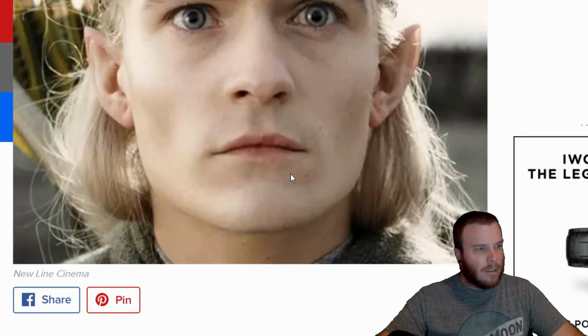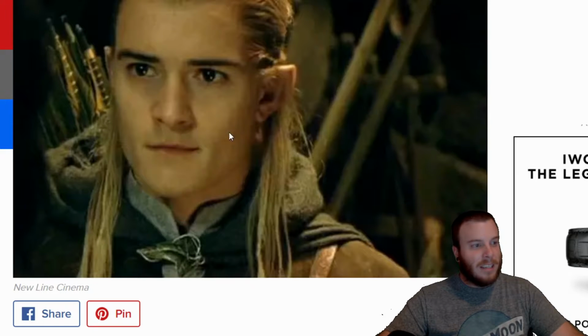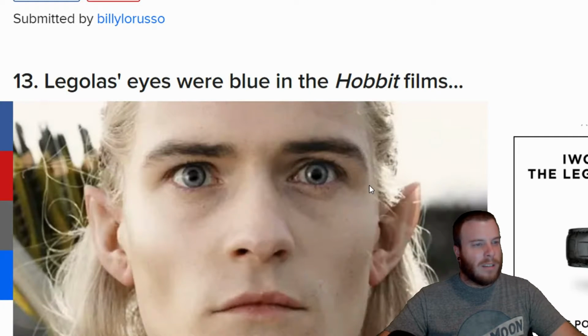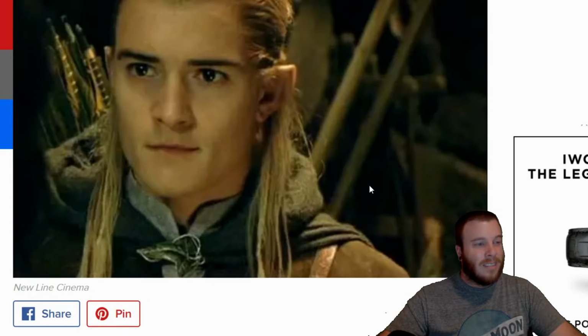Legolas's eyes are blue in The Hobbit. Why is that an issue? But they are darker in the Lord of the Rings series, even though they were all made by Peter Jackson. Okay, that's just a small little thing. I probably wouldn't have noticed it going from the Hobbit films to the Lord of the Rings. I wouldn't have paid attention to that. Unless you literally sit down and watch all of them, one after the other,